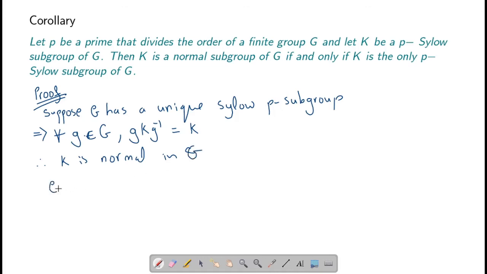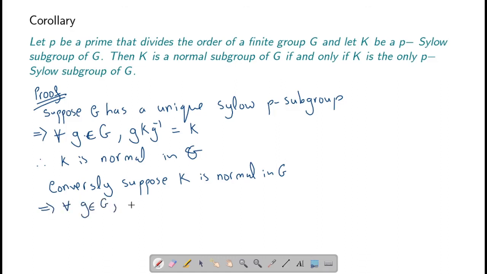Okay. Conversely, suppose we assume that K is normal in G. What does this mean? This means that for any g in G, the conjugate of K is K itself, which means that the set of all conjugates of K, which is the set of Sylow P subgroups, is just K. But here we are saying that